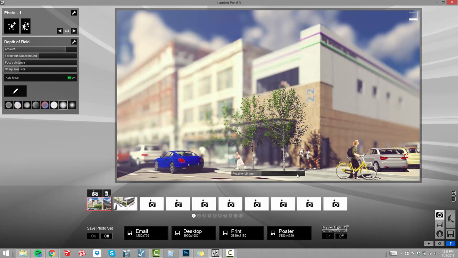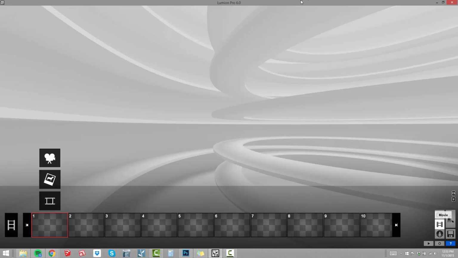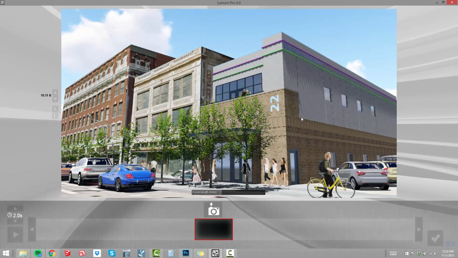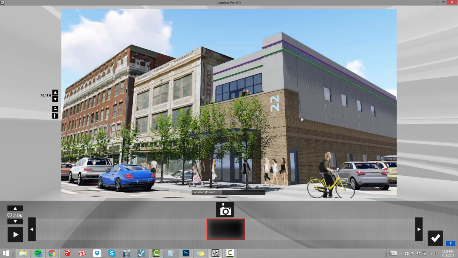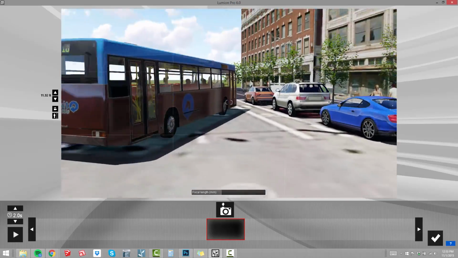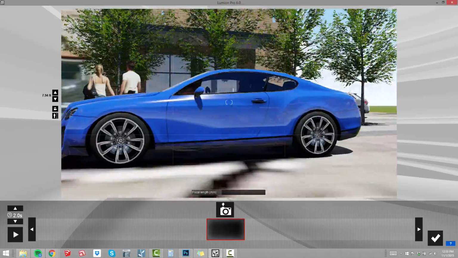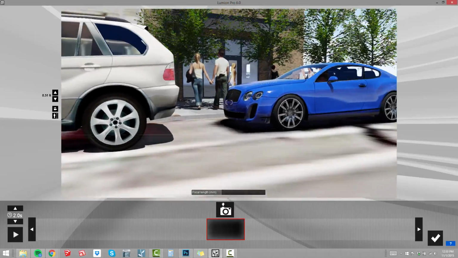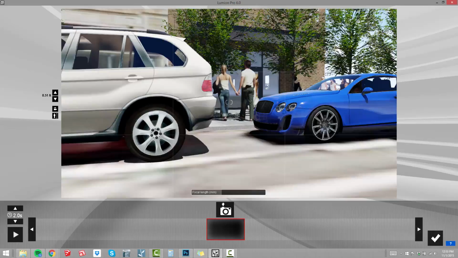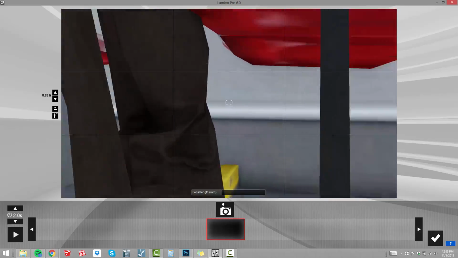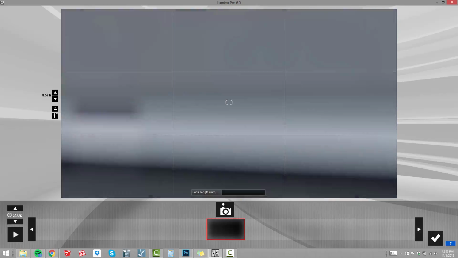So let's go in and do a little bit more of an advanced quick tutorial in the movie mode. So we'll go to movie mode and let's make a depth of field that animates. So we'll go to record. And let me first set up a camera view. So let's see, I'm going to go over here and let's just say we want to do a more cinematic shot. So maybe if I scoot over here